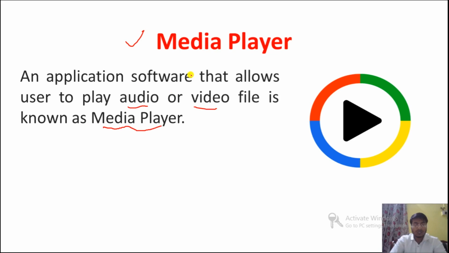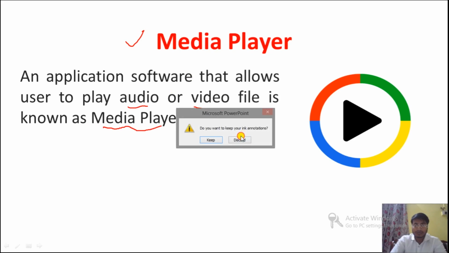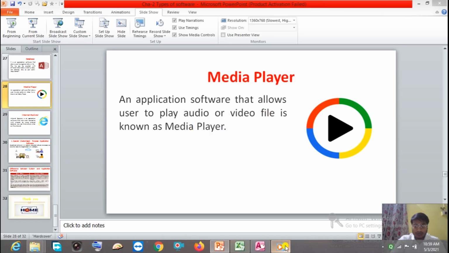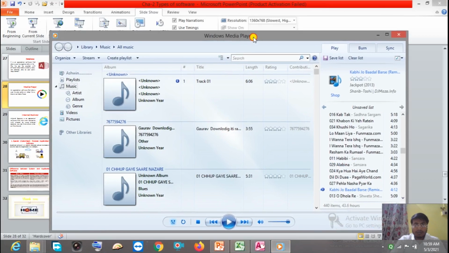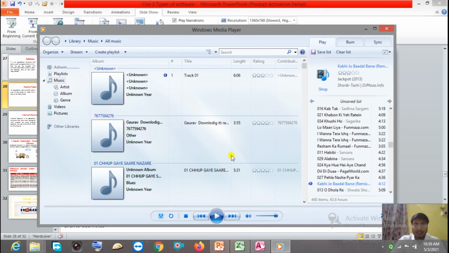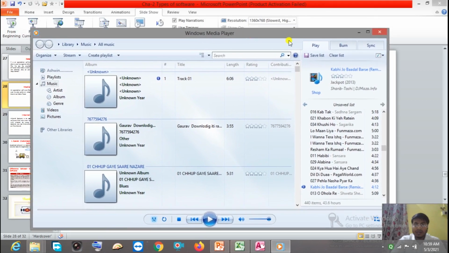Now let me show you the media player application. Here you can see this is the media player application, and here you can play audio and video files. As you can see, the audio songs are showing here. These audio songs we can play with the help of this Windows Media Player.